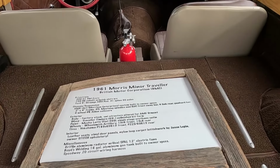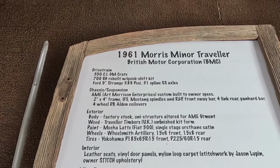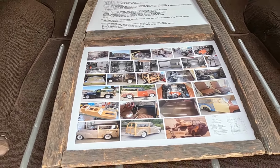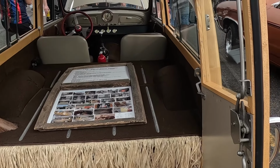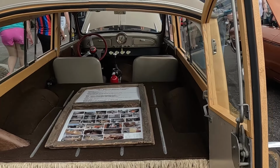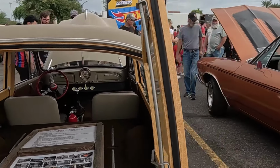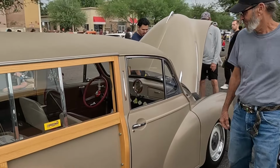'61 Morris Minor Traveler. There are the specs. Read that. Some photos of the restoration. These things are cool. This was what the British tried to do to compete with the Volkswagen Bug, but they did a great job on these. My dad actually had a Morris Minor